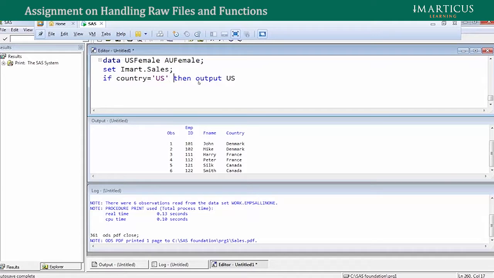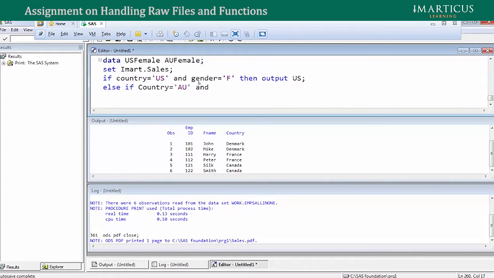I say if country is US and gender is equal to F, then output US. Else if country is equal to AU, and